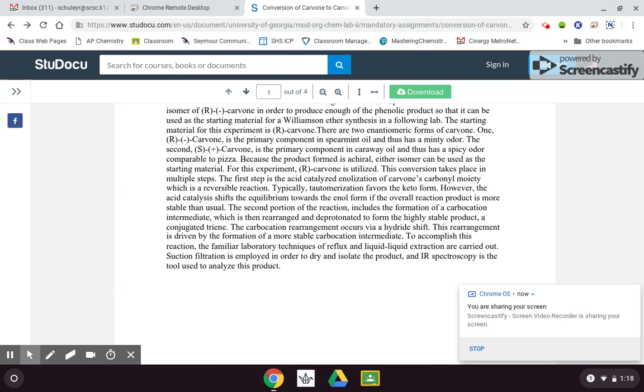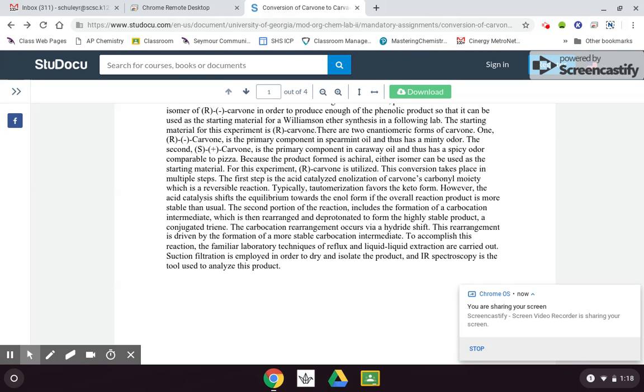The carbocation rearrangement occurs through a hydride shift. And you're going to end up making a very stable carbocation intermediate. And then that carbocation intermediate will go ahead and complete itself and deprotonate and form the final product, which is